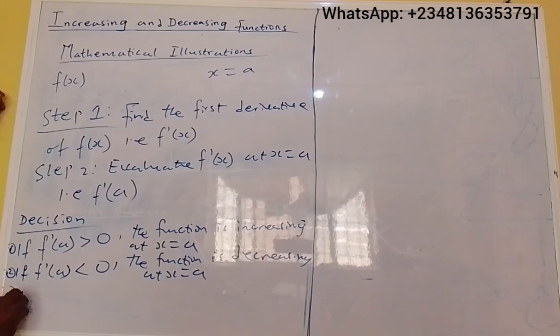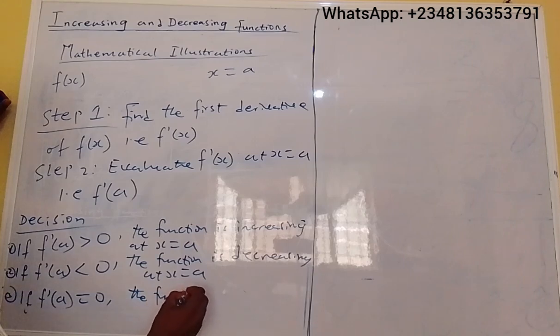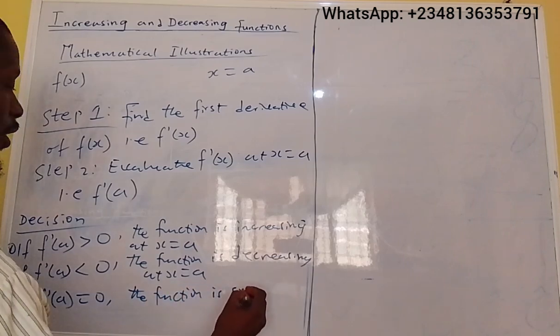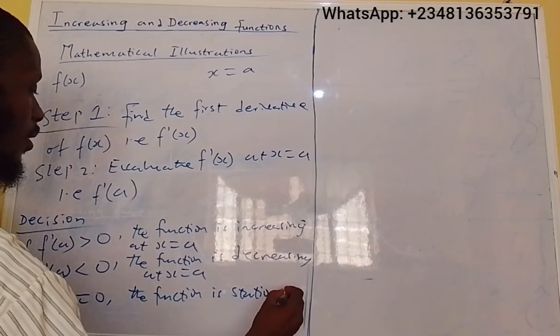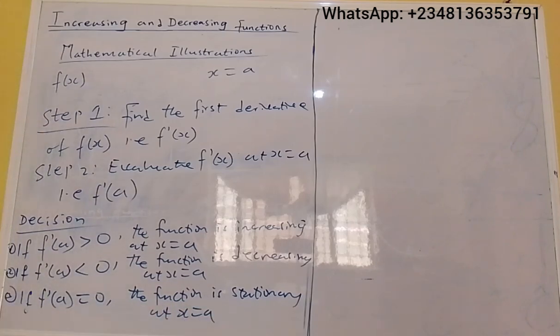And the last one, if this first derivative evaluated at x equals a is equal to 0, we say the function is stationary at point x equals a. So these are the things that are going to guide us to make a decision whether the function is increasing, decreasing,